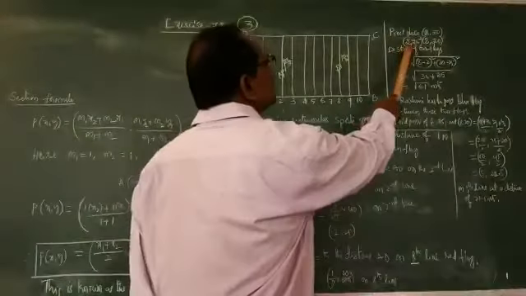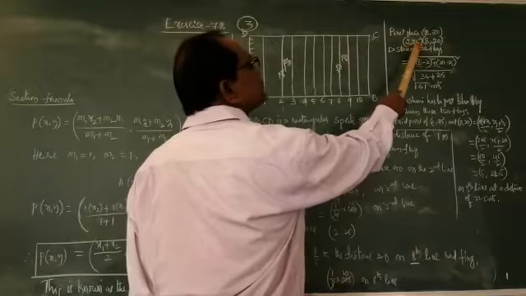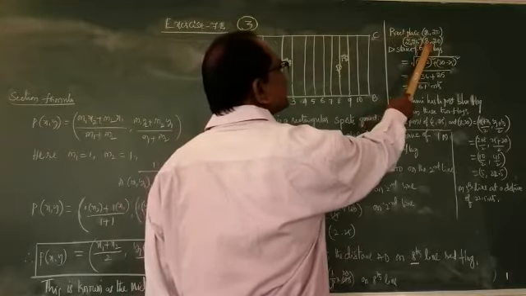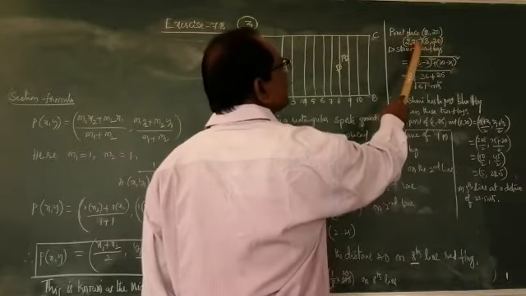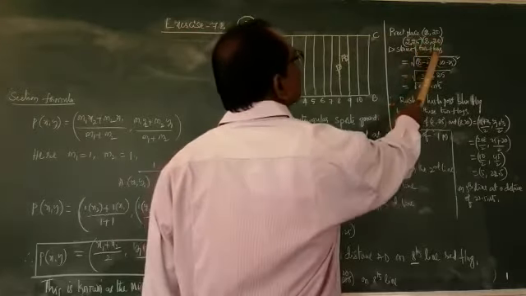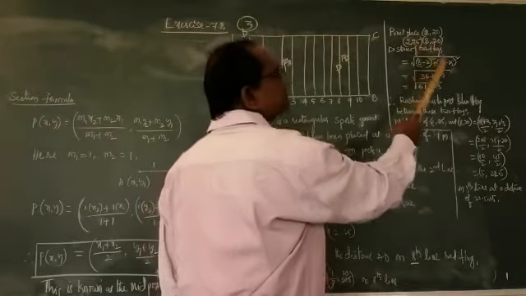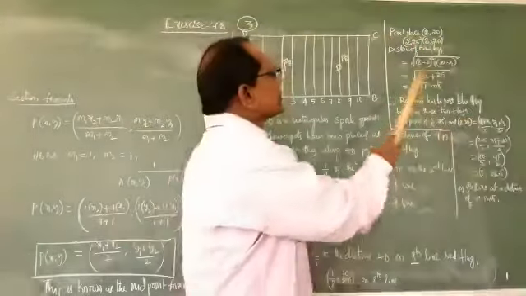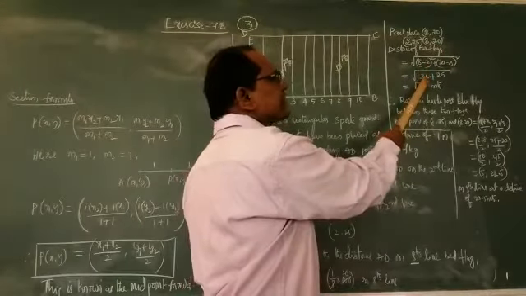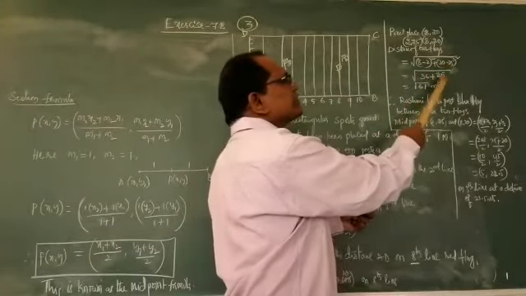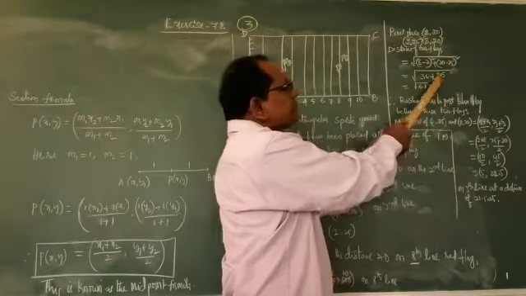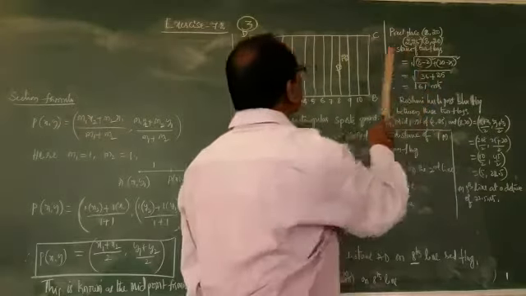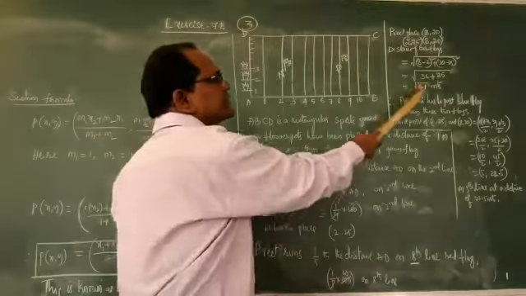What are the given 2 points? This is Niharika's point, second line, then at a distance of 25 on the AD, and next Preeti is on the 8th line and 20. x1, y1 and x2, y2. Distance between two flags equals square root of 8 minus 2 whole square plus 20 minus 25 whole square. 8 minus 2 means 6 square, that is 36. 20 minus 25 means minus 5 whole square, which is 25. 36 plus 25, square root of 61 meters. That is the distance between two flags.